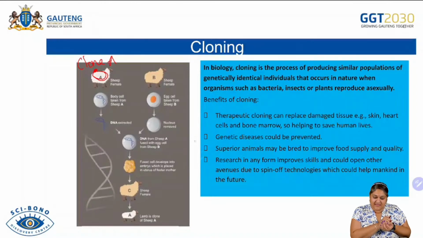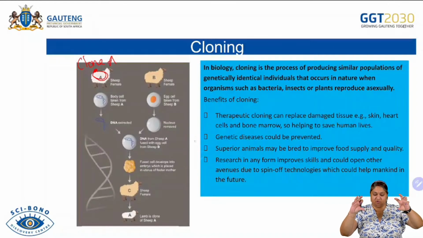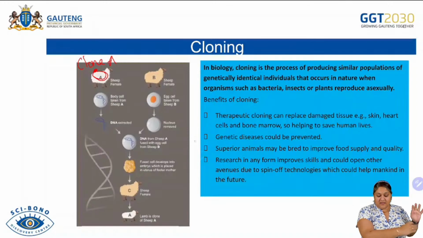They extract it and they're putting it into an egg cell. Why are they putting it into an egg cell? Because it's a gamete, right? And then it's going to fuse. Now they use these 2 individuals and now they're going to put it into a third sheep, which is now